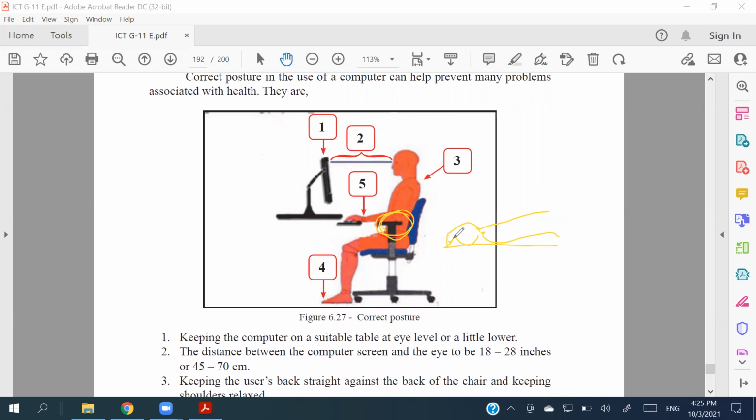You can't keep them up on the chair. Often people have a chair with wheels, and some people put their legs up on parts of it, crossing both legs. It is not a good thing to do, right? And always the monitor should be below eye level, projected lower than your eye level, right? The backrest is very important, because with it your musculoskeletal problems are reduced in most cases, right?